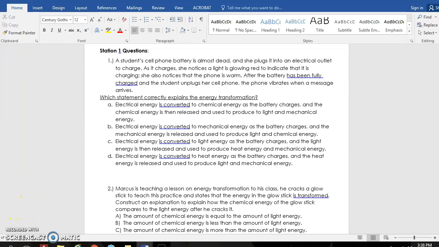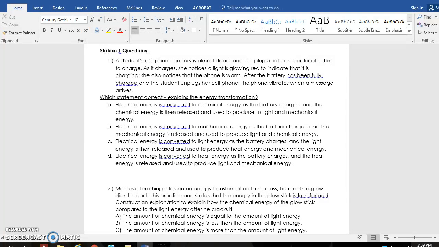Alright, so we're going to very quickly go through our interim stations just to make sure we've got some of this information locked in for tomorrow. I'm going to go through a few of the questions and hit a couple high points, and then the rest will be up to you to go through the stations and find the rest of the information.